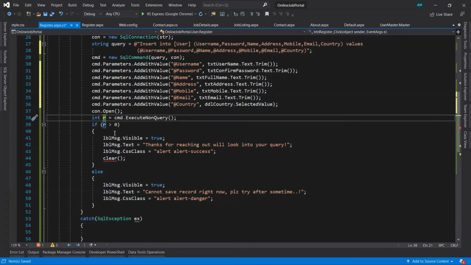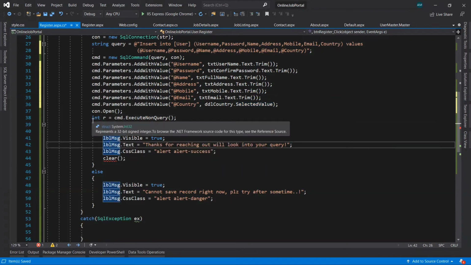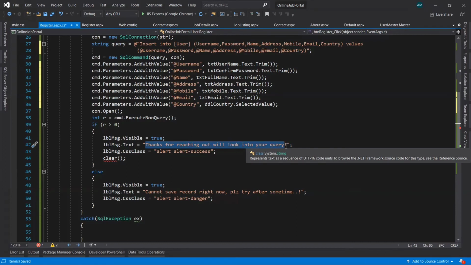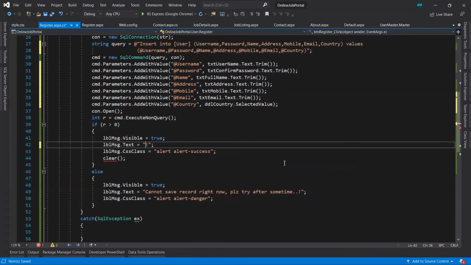So when it's been successfully inserted, we will display a success message here: Registered successfully, or successful, whatever.